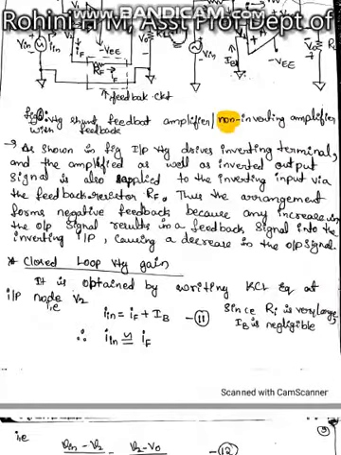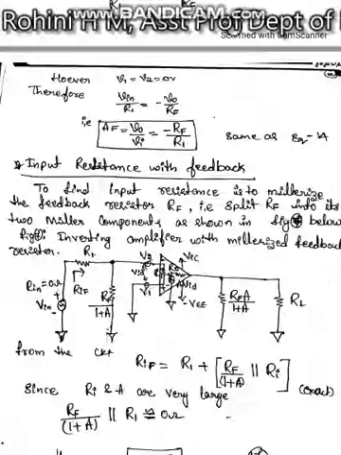Look at the circuit here. V2 is connected to the ground terminal. So we can say that the voltage at this terminal is also equal to ground. Therefore we write V1 equal to V2 equal to 0 volt. So V in by R1 is equal to minus V out by RF; these are equal. If we take the ratio V out by V in, we can write minus RF by R1. So AF can be written as minus RF by R1, right? This is also the same as the previous expression.